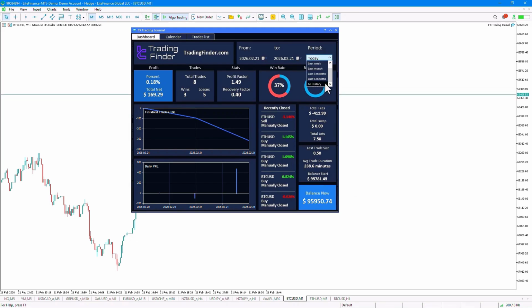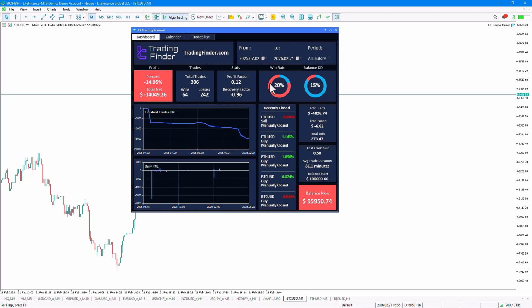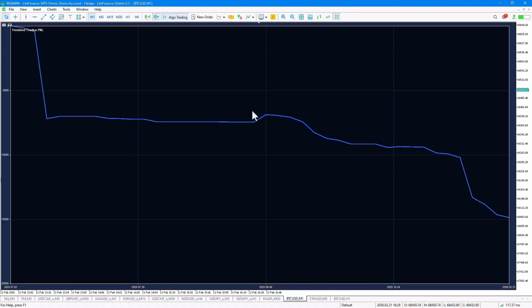For example, by selecting All History, we can see this information changes for me and displays all the data related to my trading account. And as you can see, the profile values change. The number of trades, stats, win rate, and balance drawdown are specified. And one of the most important features is the chart section, which we can access by clicking on the chart